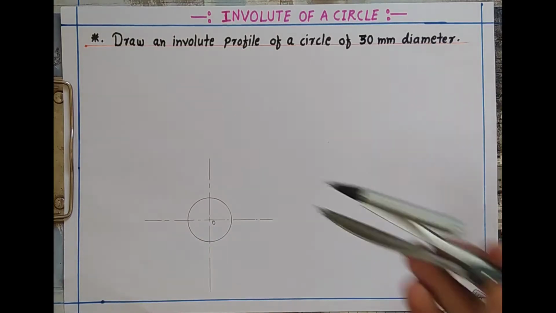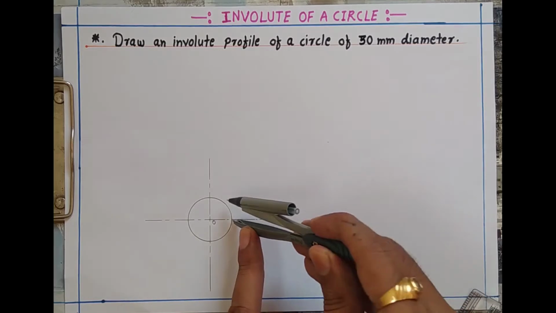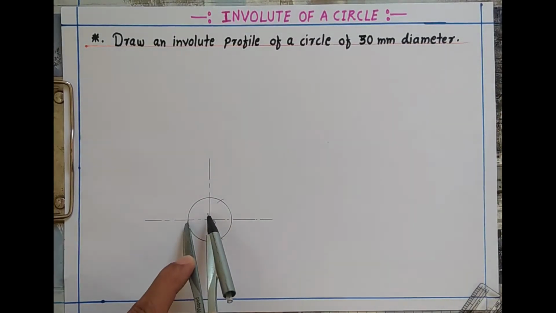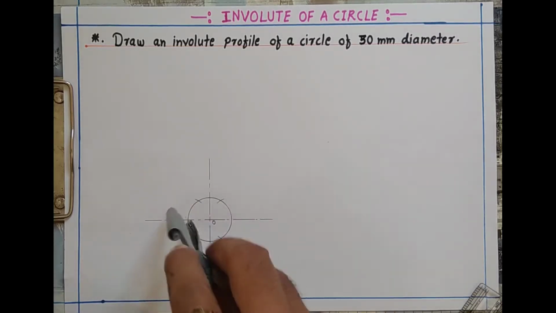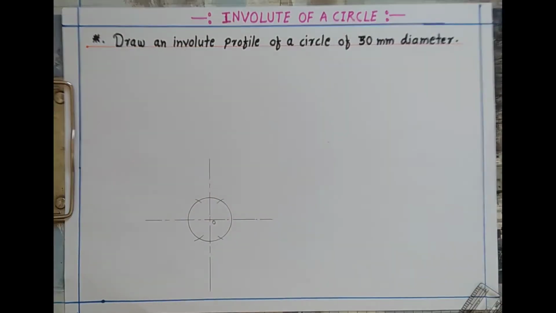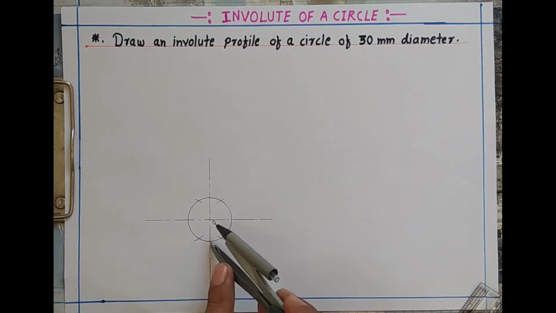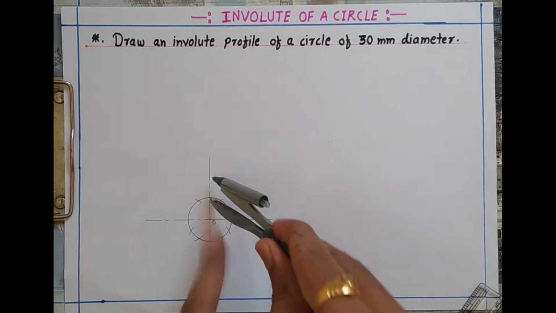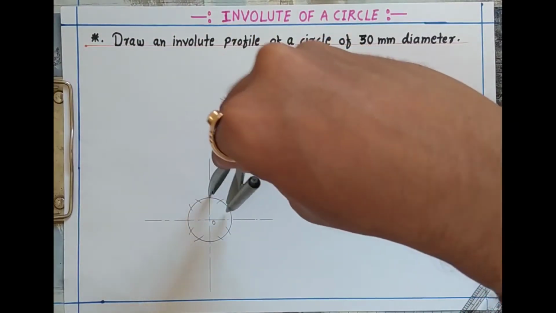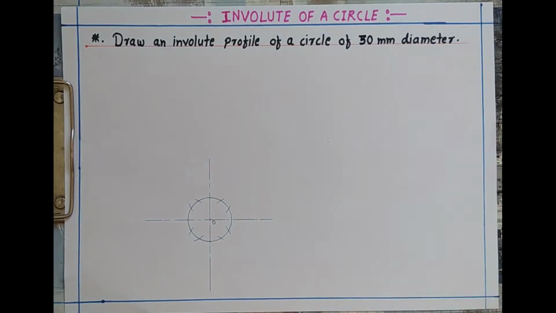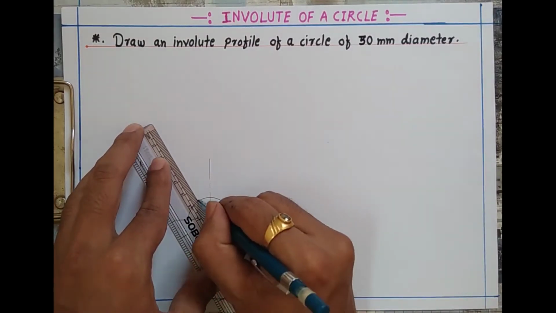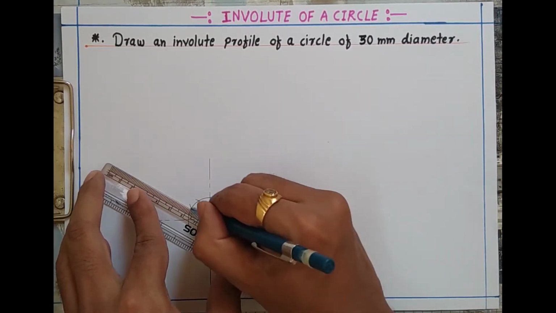So we go for that. Set the compass radius equal to the same distance, 15 mm, and with the horizontal axis mark the 4 points by means of arcs on the left as well as on the right side of the circle. Similarly, put the center of the compass on the vertical axis and, with the same radius, draw arcs. By this arc method we divide the circle into 12 equal parts. Now just join all those points by means of lines.